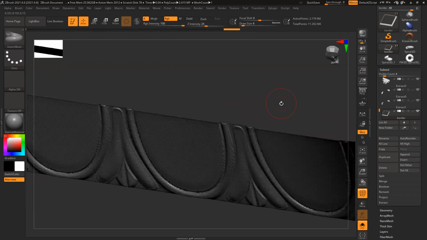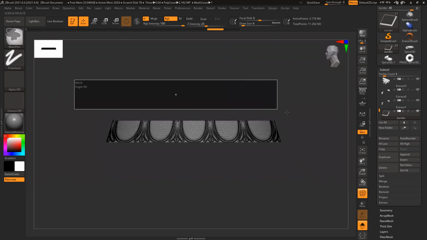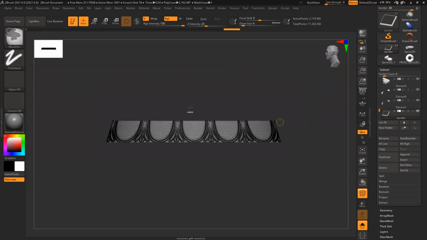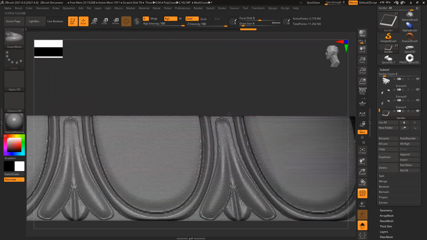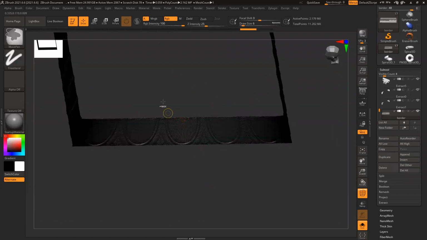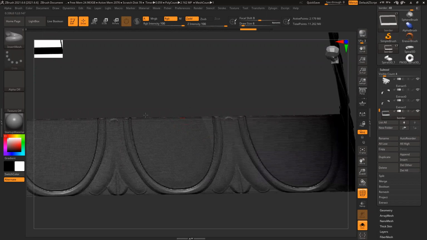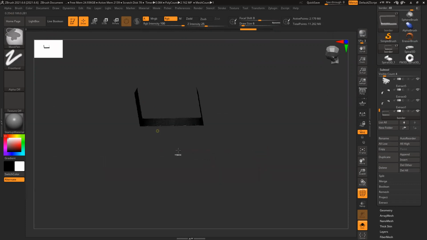This polyloop is not correct. Polygroup. So I have to create this manually. Select this part, Control W. So we'll get a polyloop here. And now it should align. I'm working on symmetry.